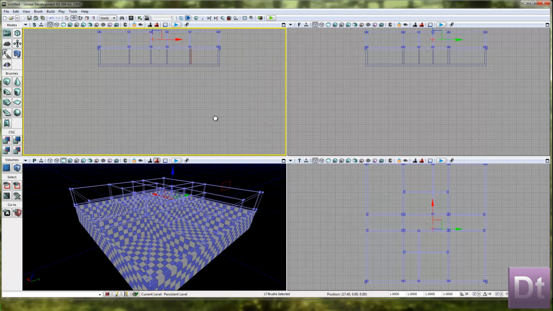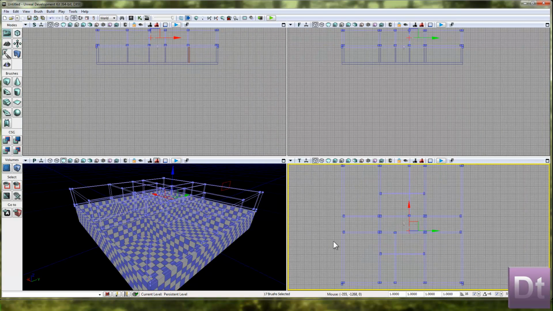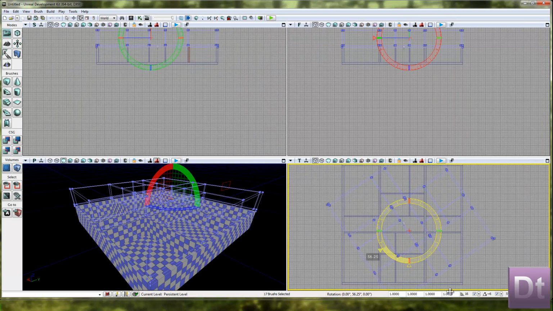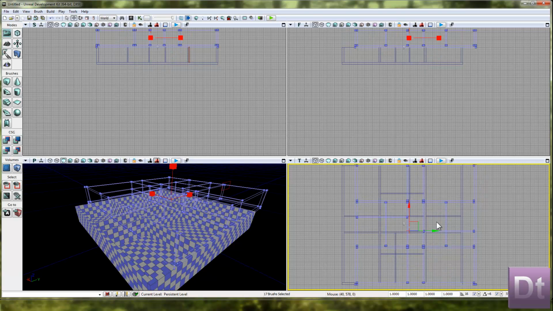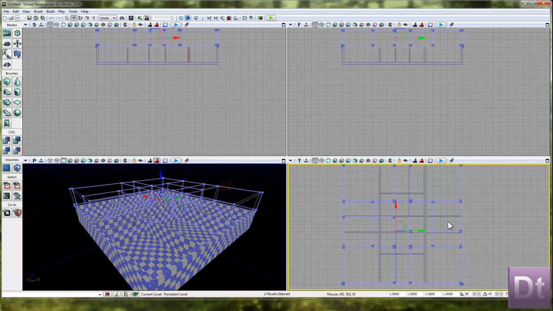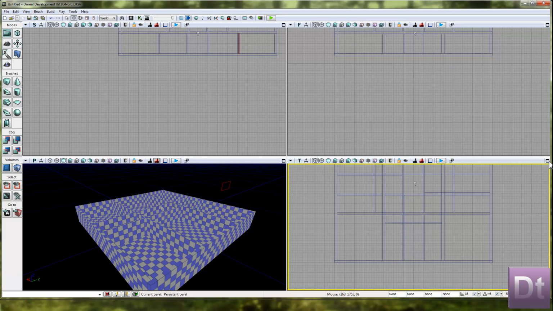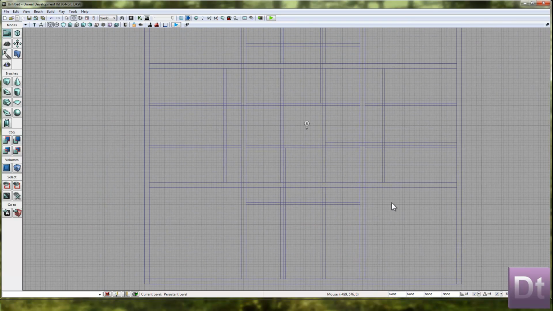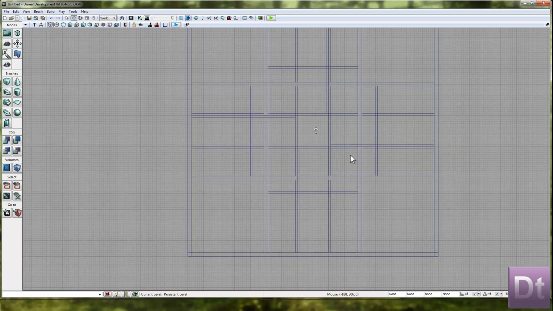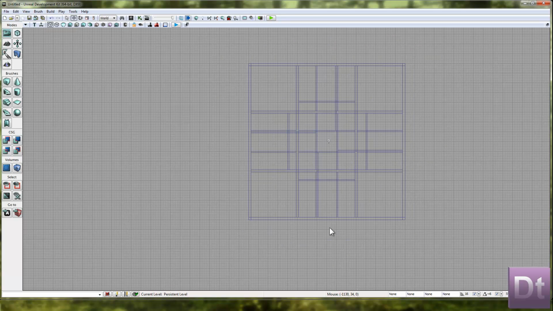So I've now got two floors, but I don't want it to be identical. I want that to be a different way around. I want it to be that way around, and then I'm going to drag that over there. So the corridor is a different way round. It's still looking very symmetrical, really, isn't it? But we are